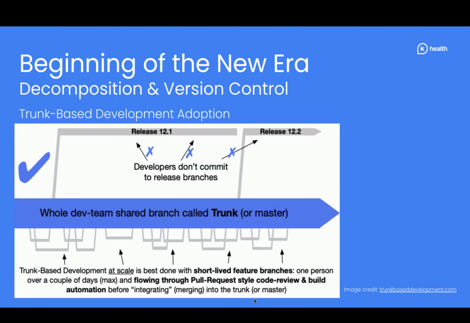And together with that, as I said, we had forever living branches connected to each environment. That was a huge change in terms of version control. We completely changed the Git strategy to trunk-based development, right? And we started to adopt that. I don't want to go really deep into details, but